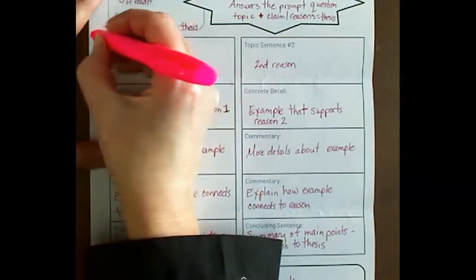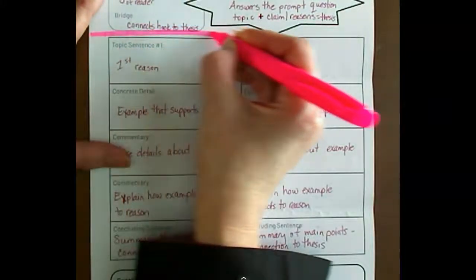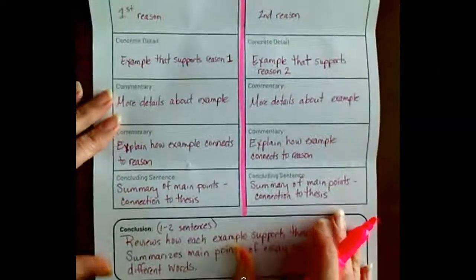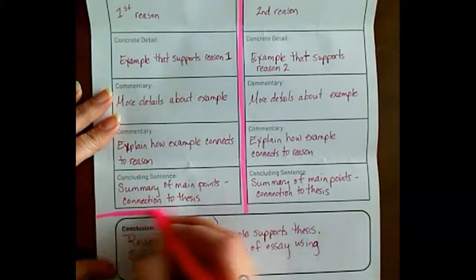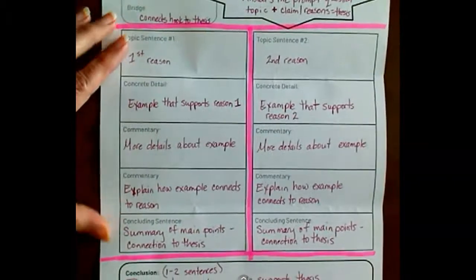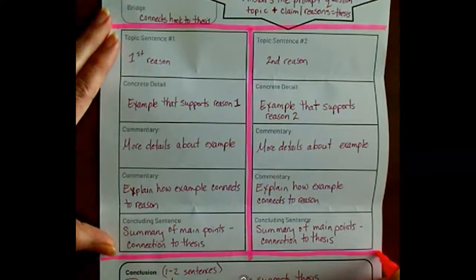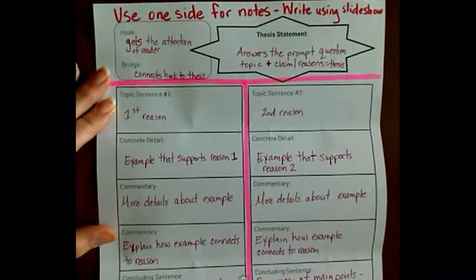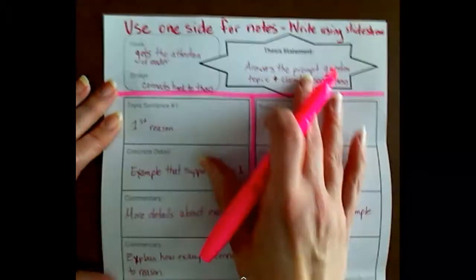So I'm going to go all the way across here. I'm going to go down the center, and I'm using hot pink, all the way through here for this big letter I. Do that with your graphic organizer. And then I'm going to show you what you have then. What we have now is